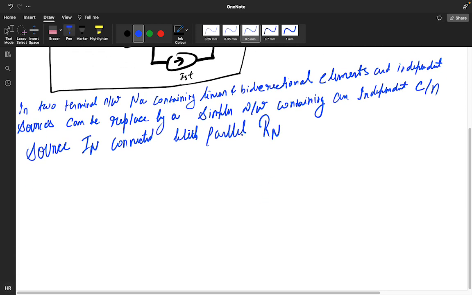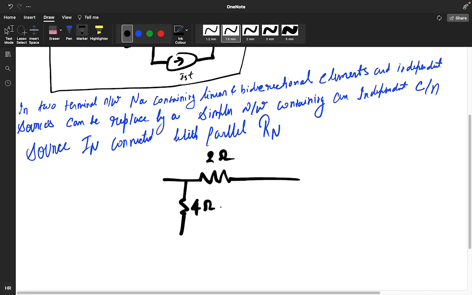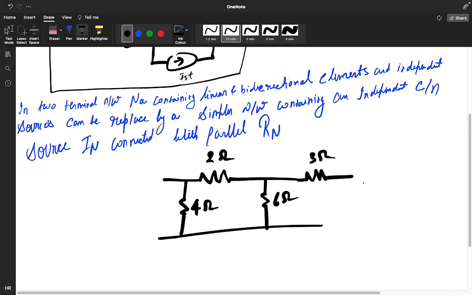So suppose you have a network. Now suppose you have a network of a 2 ohm and this is your 4 ohm, and you have a 6 ohm resistor here, and here it is given 3 ohm, and this particular is your 5 ohm. Now its current is given 20 ampere. Okay,